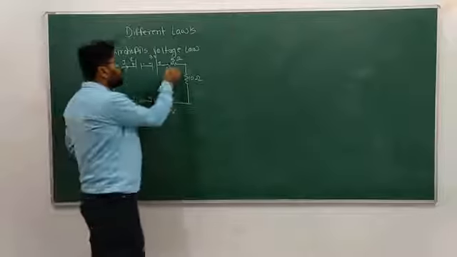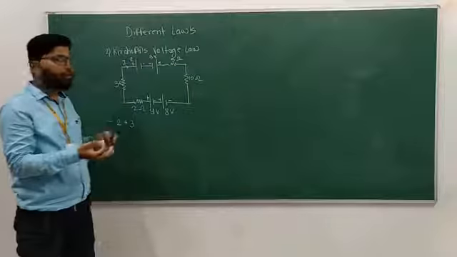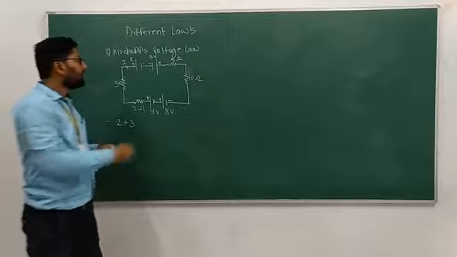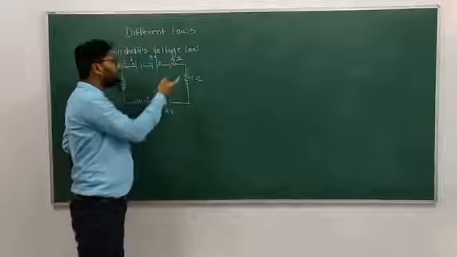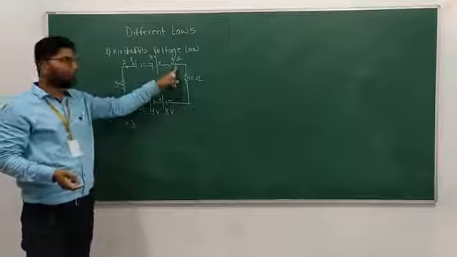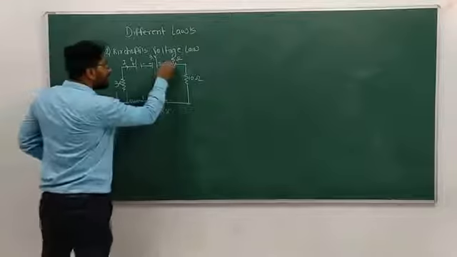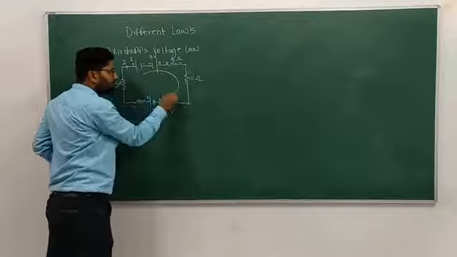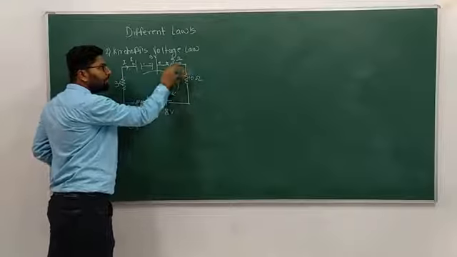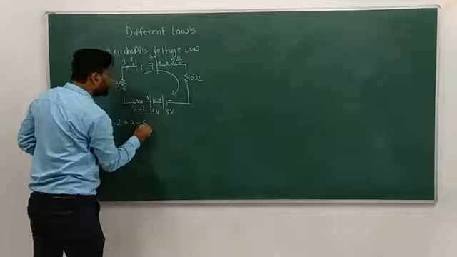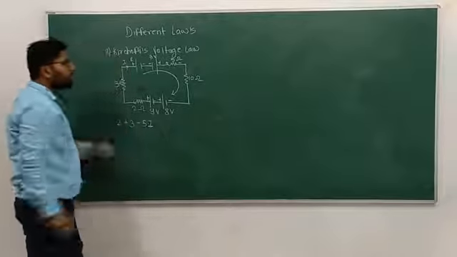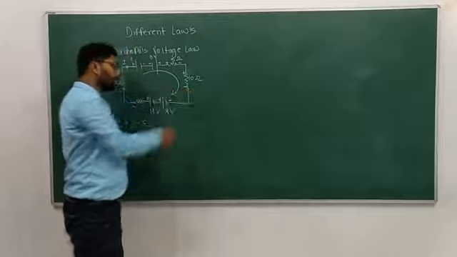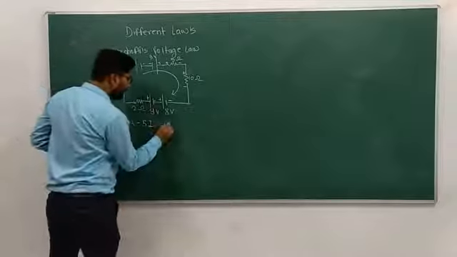Then here is a 5 ohm. How to find out the voltage here? By using Ohm's law. Okay. What is Ohm's law? V is equal to IR. So R is 5. And I is what? It is unknown. So we have to write this as a plus minus. We have to take the second terminal for going through this part. That is minus 5 into R. Here we have to take it is plus minus. That is second terminal. That is minus 10 R.